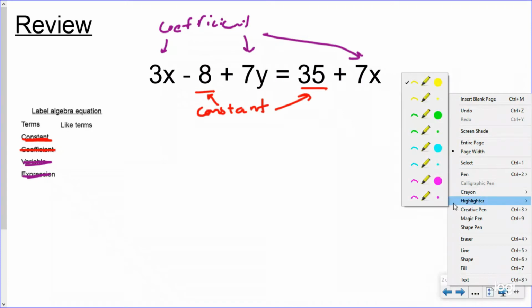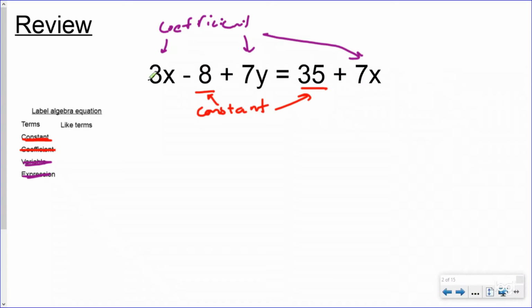get my highlighter out here. Terms could be a variable, could just be a constant, okay, could be a coefficient of a variable, but they're separated by an addition and subtraction sign. So here we have 4 terms in this equation, okay? We have 3 on this side and 2 on this side. So terms are things that are separated by addition subtraction signs, okay, things that are going to be groups,